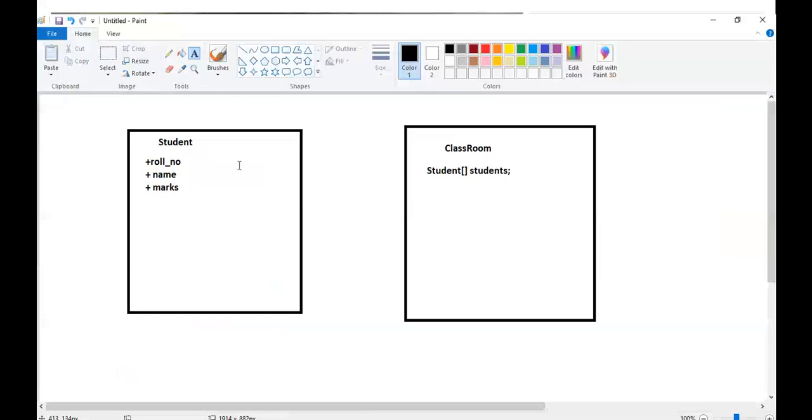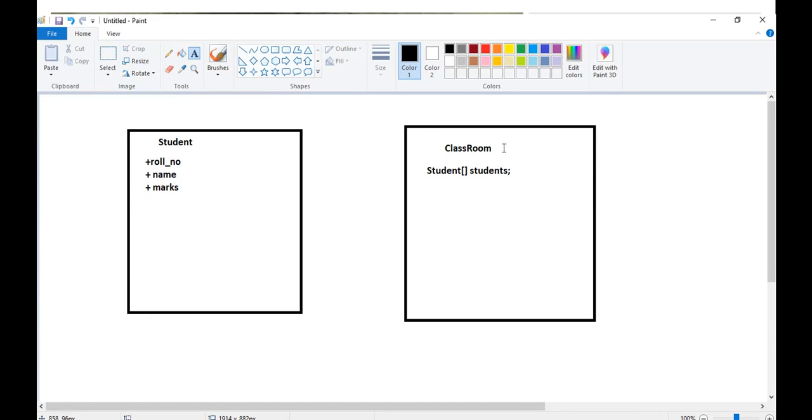So what was the scenario? We got a student class. The role of the student class is to provide the information about the student object. We got another class, the classroom class. In this classroom class, we got a collection of students. Now here the problem is, the classroom class doesn't have any idea about the student type, because there is no relationship between these two classes.